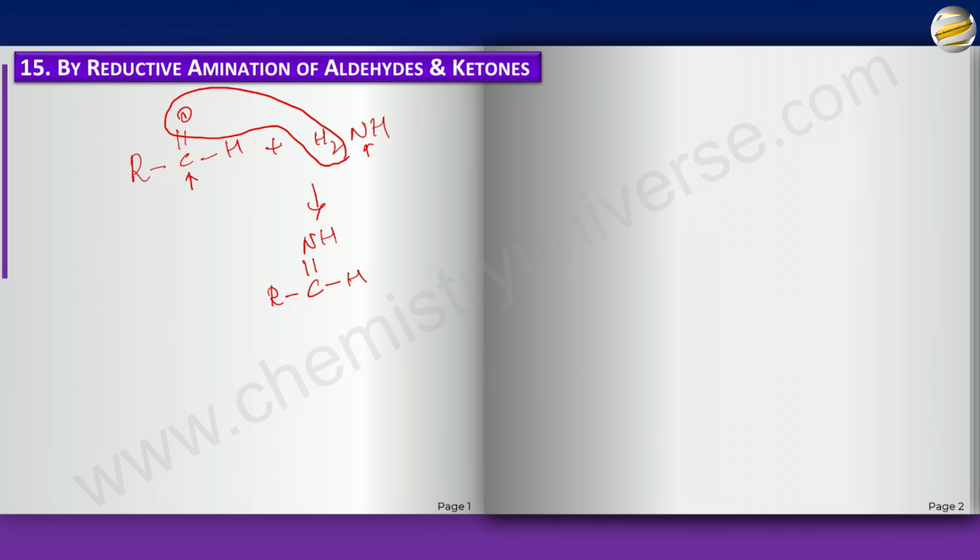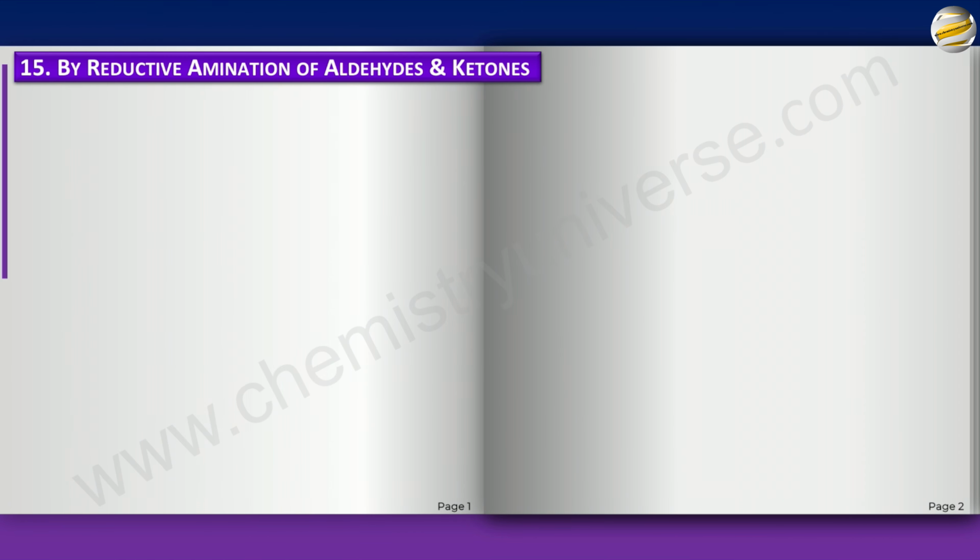So once we get this, we can do a catalytic hydrogenation of this double bond and we can get an amine here. So this is what we're going to check out. We're first going to check out how this imine is formed. So the mechanism for that is this. If you've already done this in aldehyde and ketone, I'm just repeating it here.